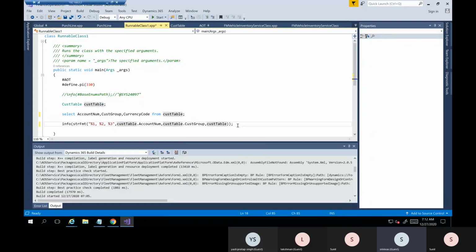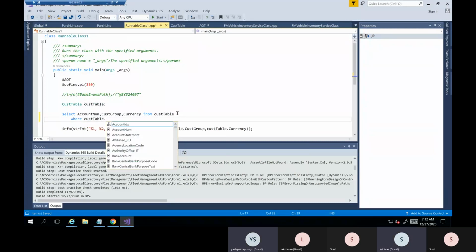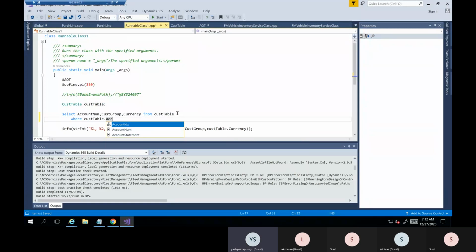Hard coding in the sense like if you are putting some values. So that we can call it as hard coding. Values in the sense if you are checking some condition. So this is how we are setting up. This is the field list. Now I have to get it only from a specific record. Now I am putting a where clause. Where cust table dot account num